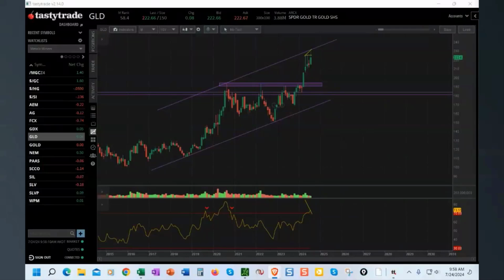And I know there's a lot of people that are very bullish gold. But what I want to point out right here is that I think that we may be seeing at least the early stages of a necessary pullback. We've had a pretty strong move here. And you can see by these monthly candles that the advancement has slowed in its ability to hold a newer high. And when we see that, and then we've come to the top of the channel here,